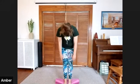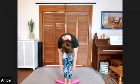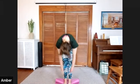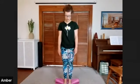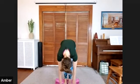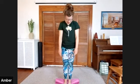And rolling back up. Two more. Rolling down. And rolling back up. Last one, rolling down. And rolling back up. Now you're going to move so that your toes are up on your support thing,